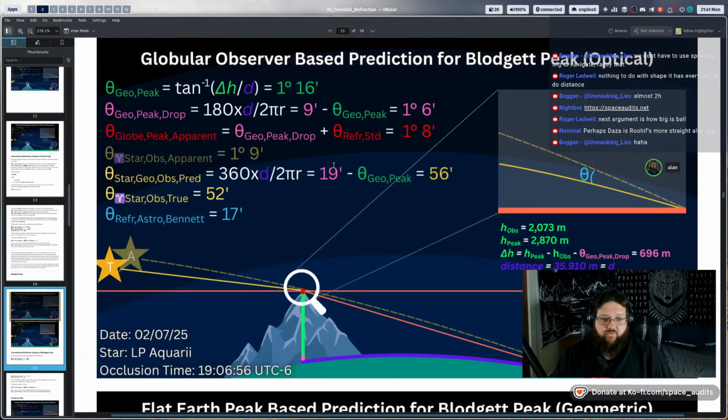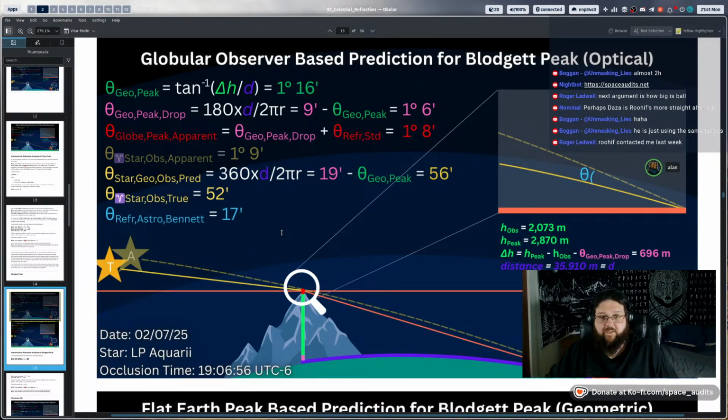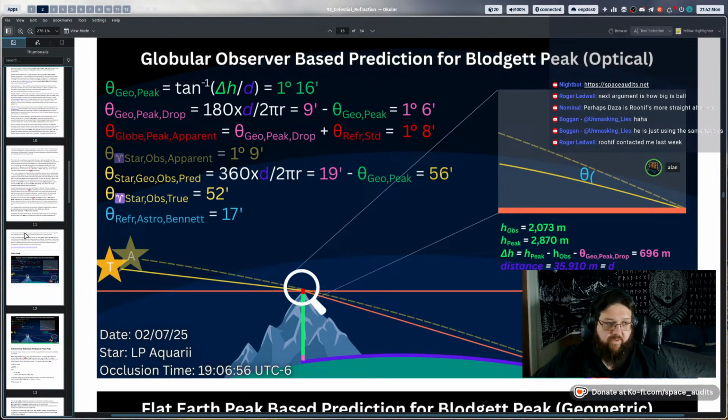We've extracted everything we can out of the measurements in regards to what creates the occlusion, the refractive conditions, different ways to derive how much drop there is to the peak. There's some things that we've all agreed on over the course of this process, such as how much drop over distance to the star there is, how much drop over distance to the peak there is, et cetera. So we've come together on some fundamental things, which is really nice. But yeah, this will require its own refutation. So I don't expect anyone here to pick up a mic right now and just be like, yo, son, you X, Y, Z.